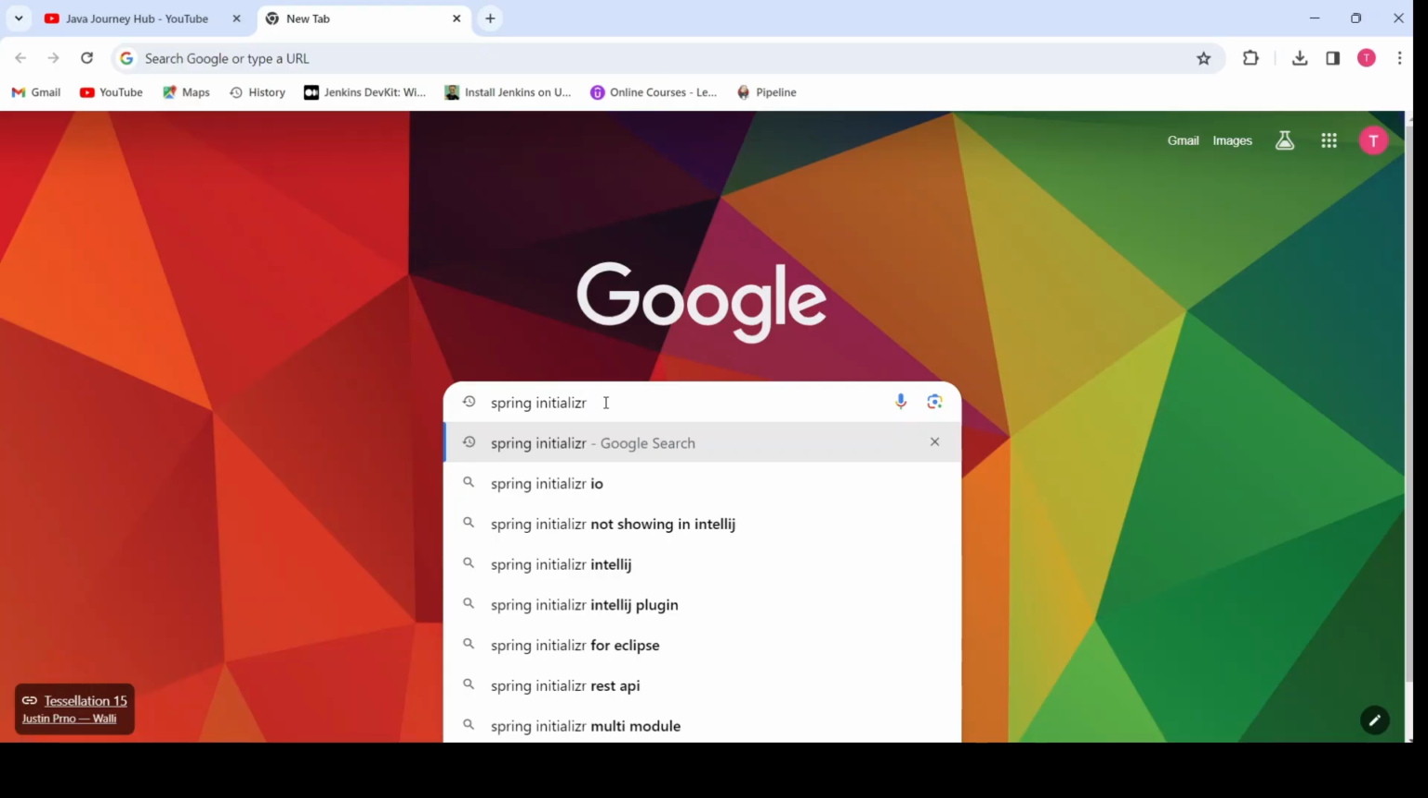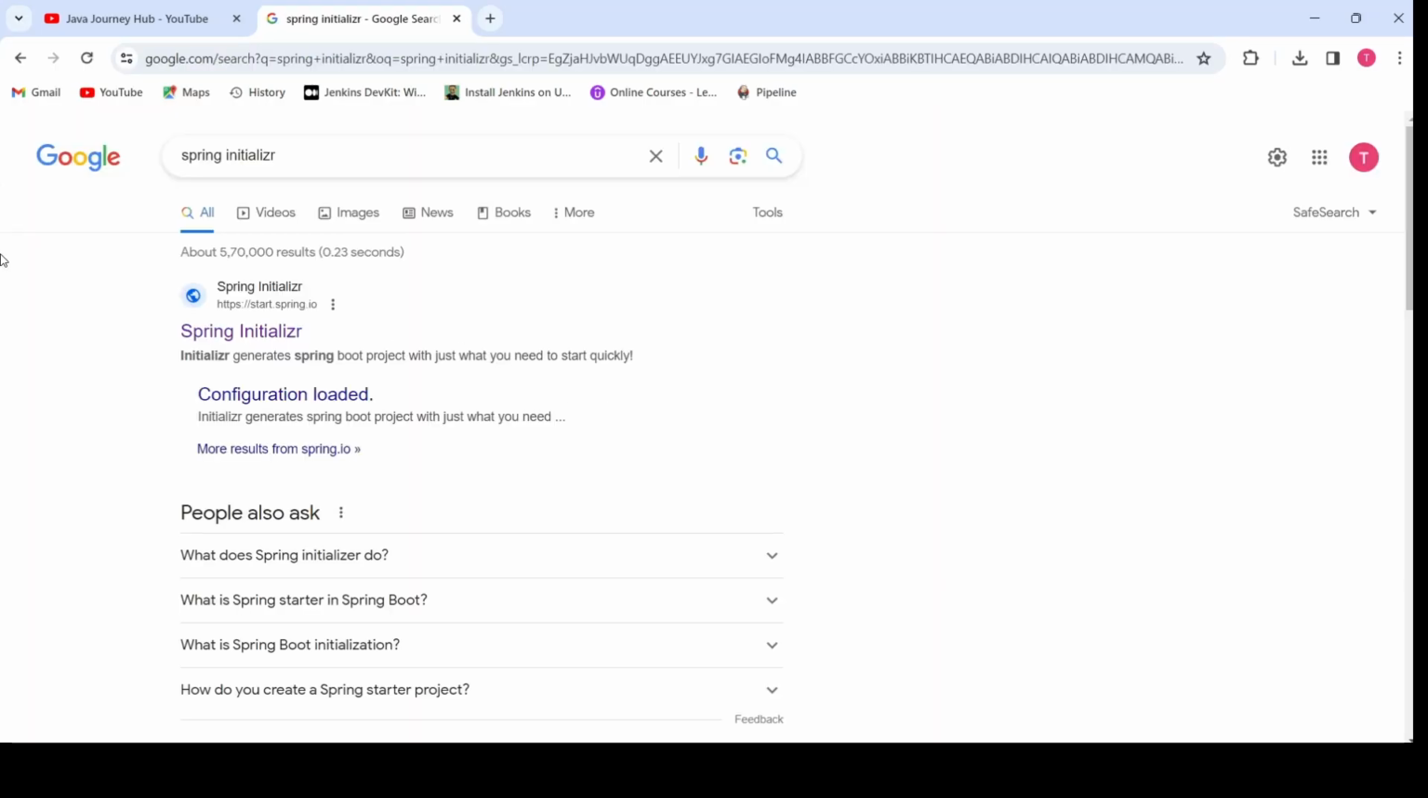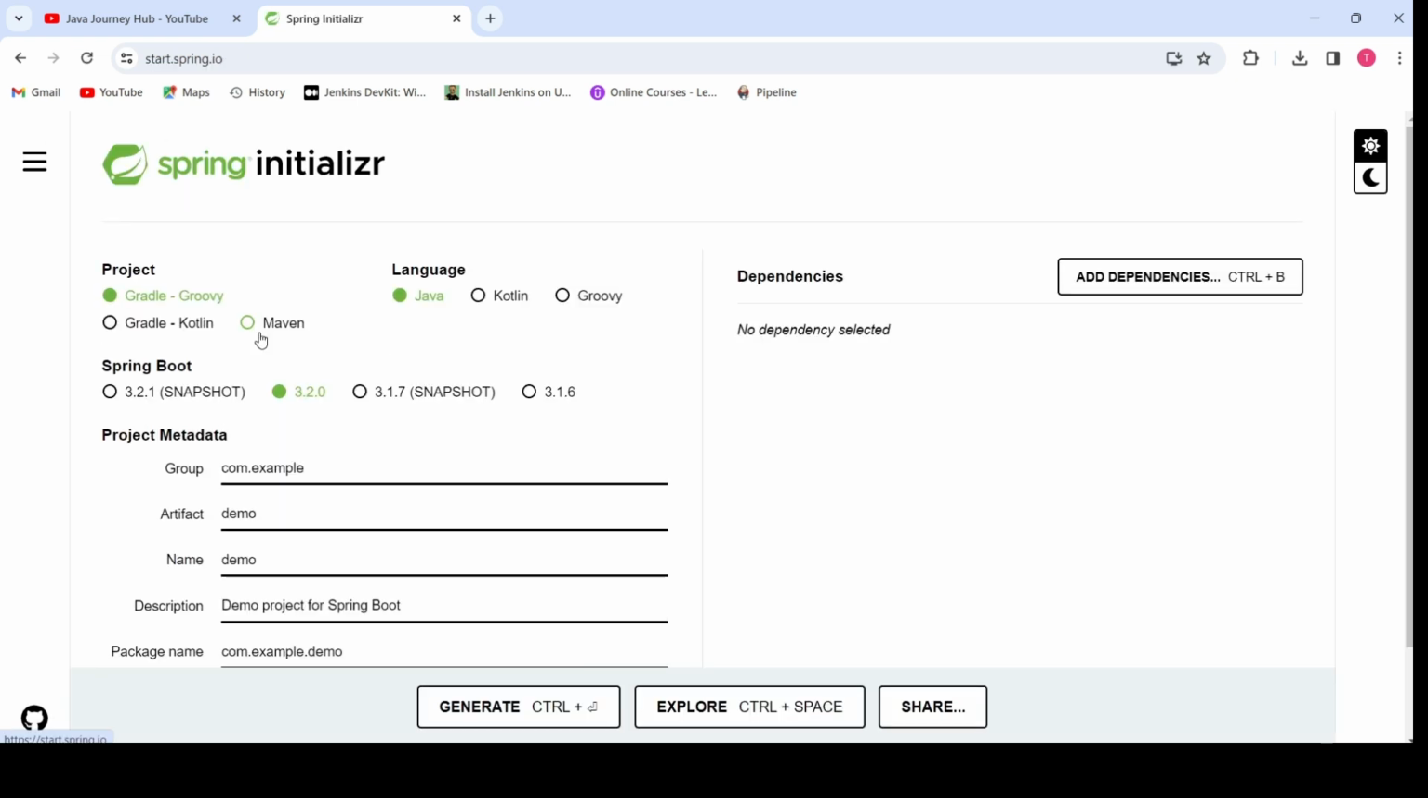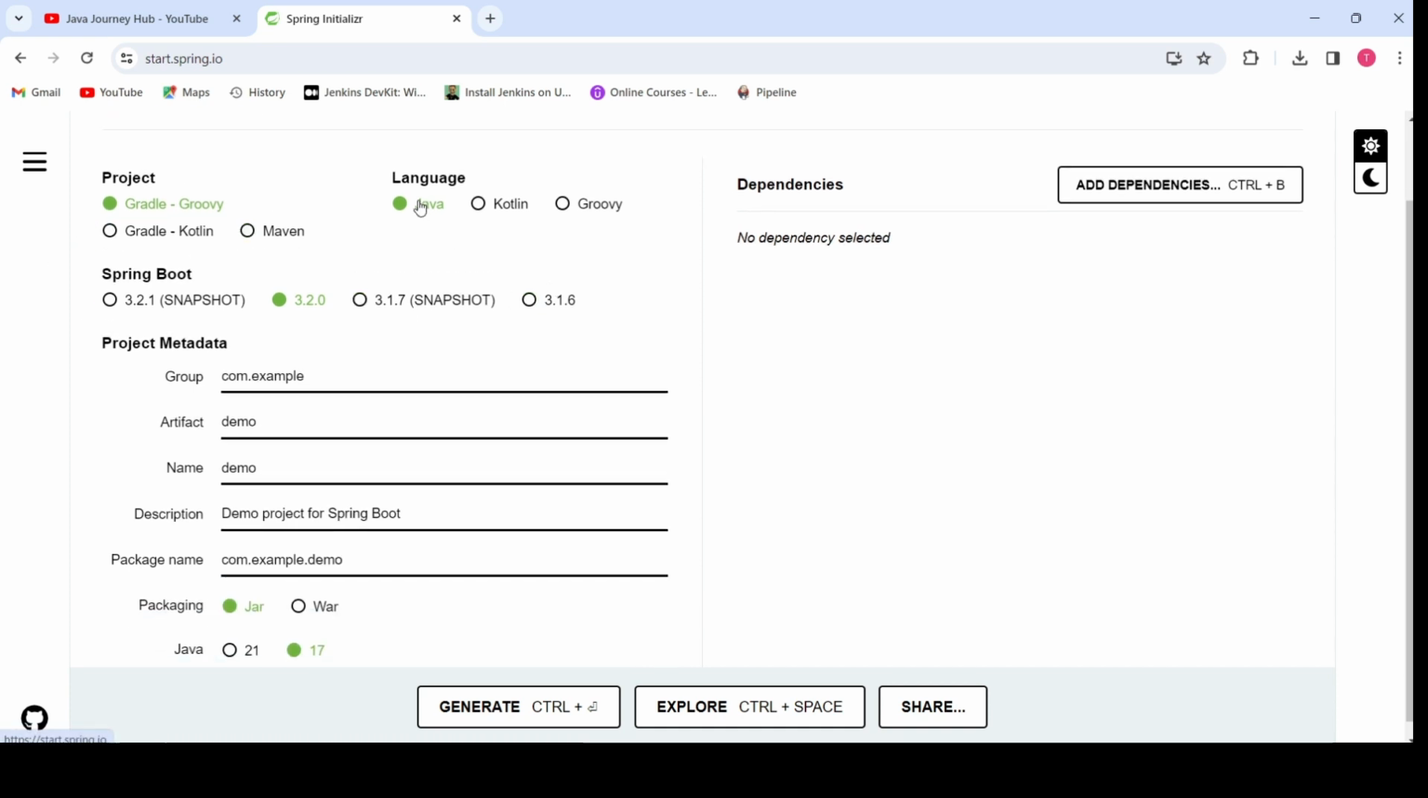Let's search for Spring Initializer in Google. You can see the first link, Spring Initializer. Here we can select the language, and we can select the Maven project and the Spring Boot version. Here we can specify the group ID com.java, and you can give the project name as sample project,